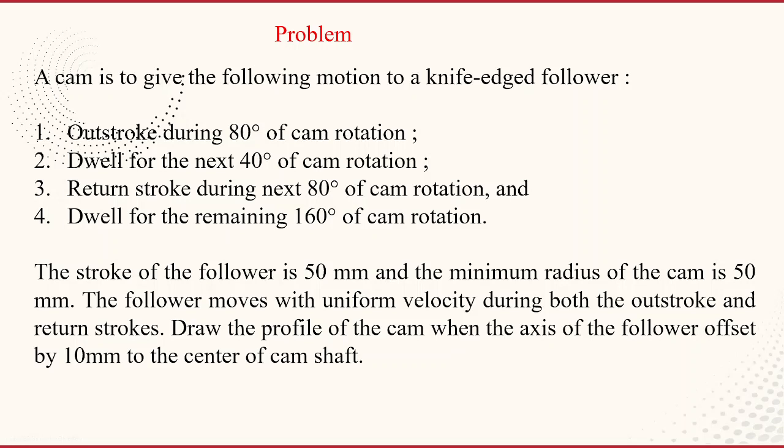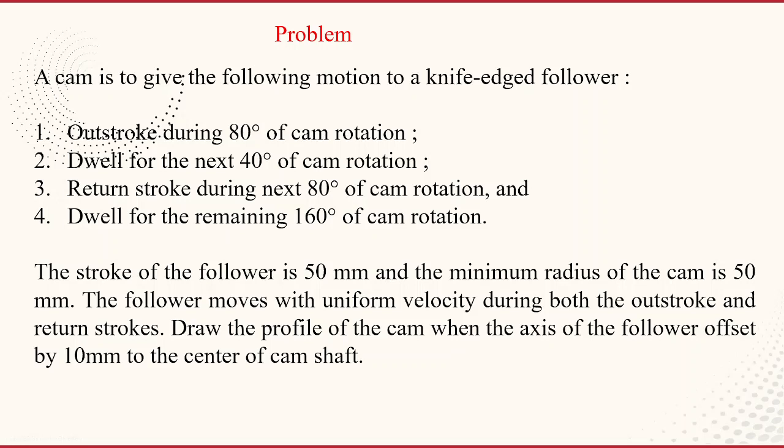Outstroke during 80 degrees of cam rotation, dwell for the next 40 degrees of cam rotation, return stroke during the next 80 degrees of cam rotation, and dwell for the remaining 160 degrees of cam rotation. The stroke of the follower is 50 mm and the minimum radius of the cam is 50 mm. The follower moves with uniform velocity during both the outstroke and return stroke. Draw the profile of the cam when the axis of the follower is offset by 10 mm to the center of